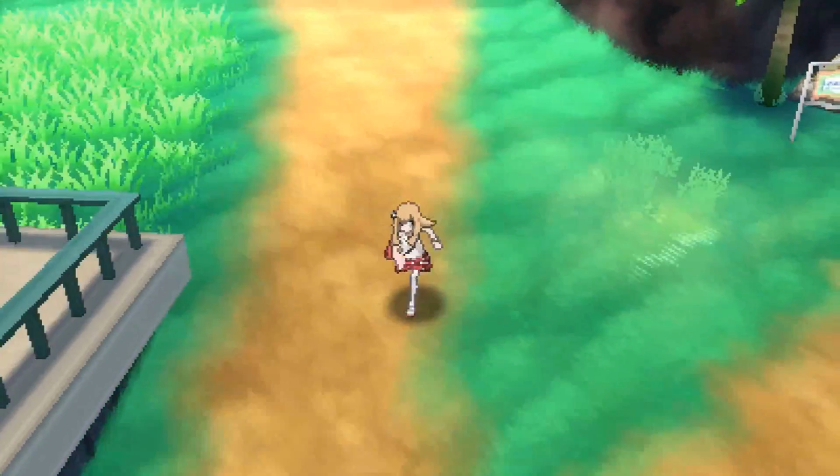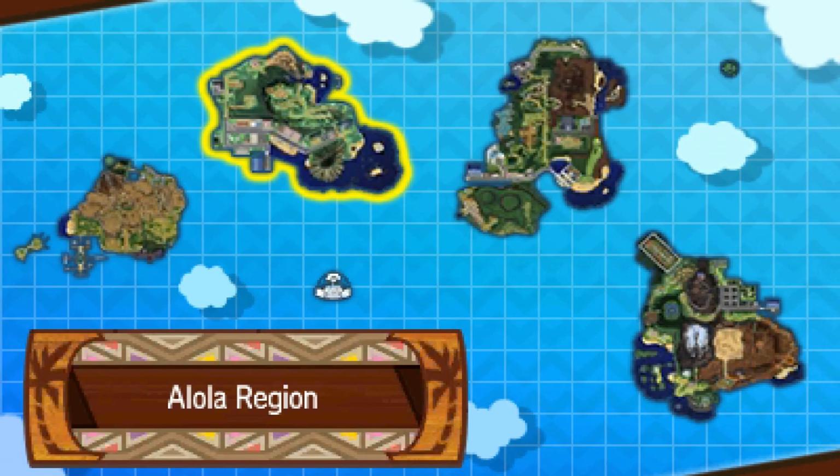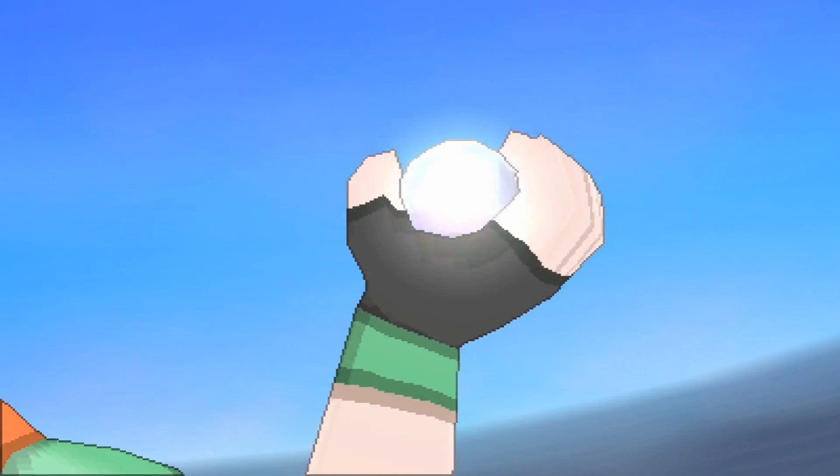Oh wait, the motel's actually down here, and I can't be bothered to go through the grass, so I'm just gonna fly closer to it. Yeah, there's like 2 flying locations on Route 2, I think. Anyhow,